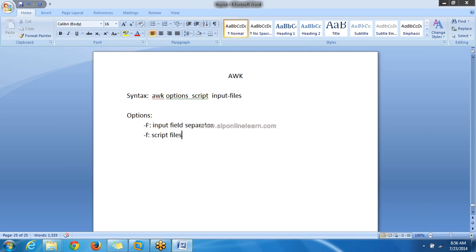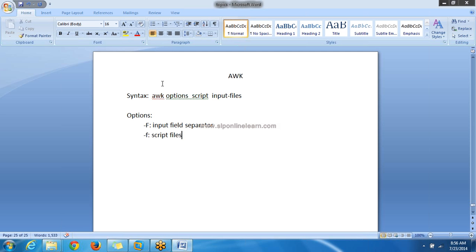So it is almost similar to the sed command, but unlike the sed command, this will not display the result by default onto the output media. So we need to specify explicitly. There are some output statements. Using these, we can display the results. Whatever results we need, we can display. If we don't specify anything, it will not be displayed onto the screen. That is the main difference between sed and AWK.